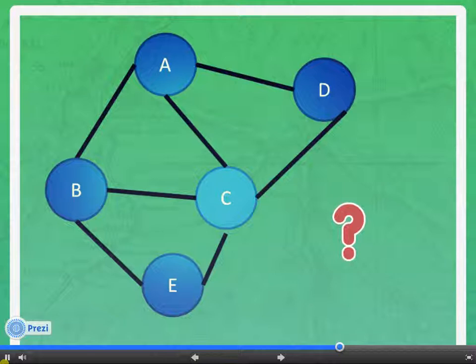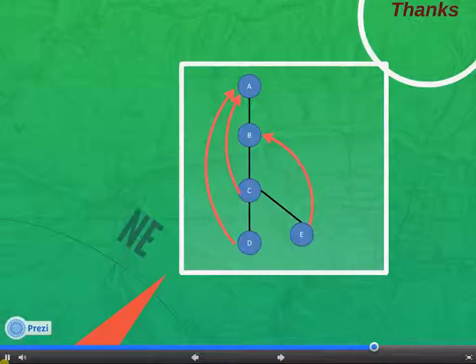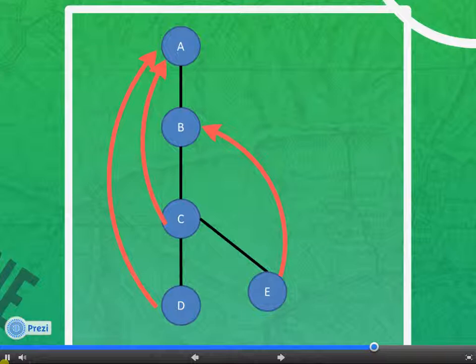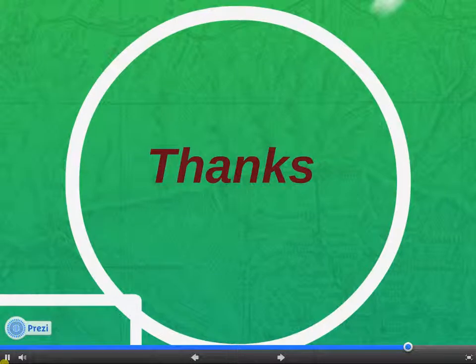What happens when we connect A to B, B to E and A to D? Is there any articulation point or not? In that case, only node B is an articulation point. So you have seen DFS is better than removing nodes one by one. Using that approach, you can easily find whether your network is survivable or not in an area. Thanks to all.